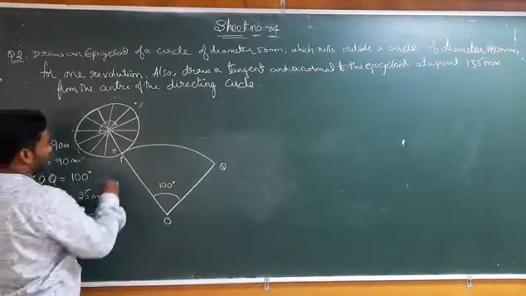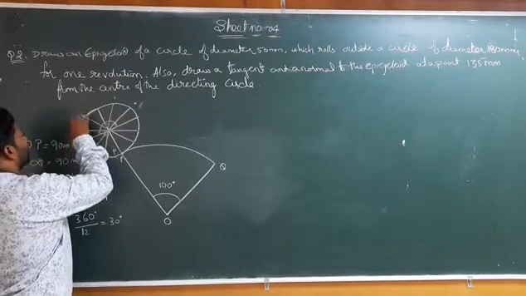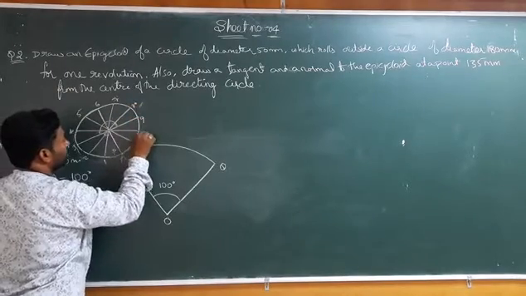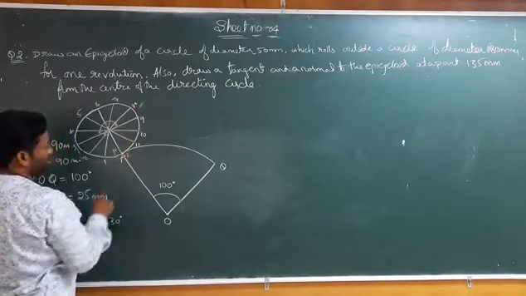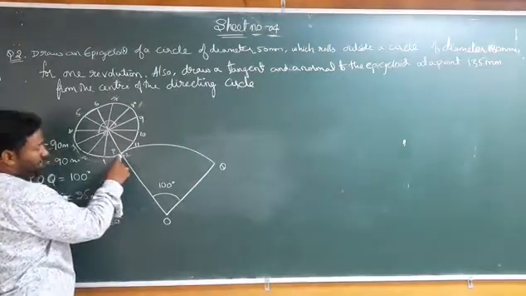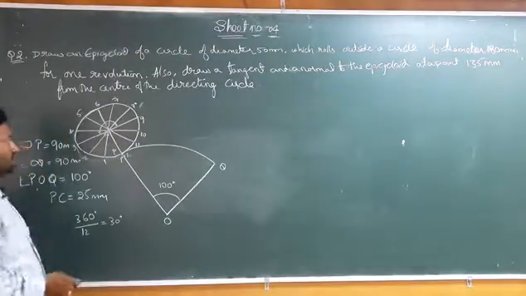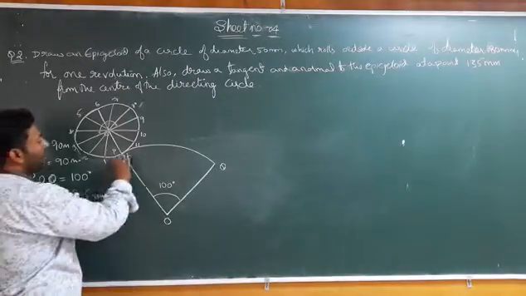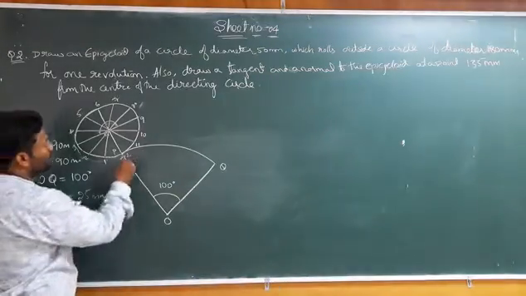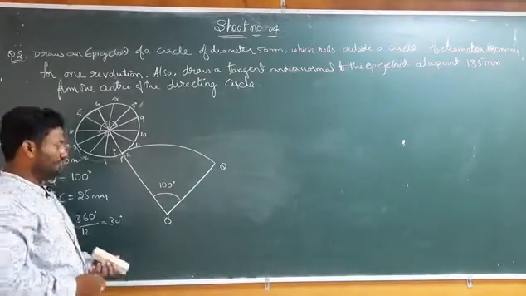Now we have to give the text like 1, 2, 3, 4, 5, 6, 7, 8, 9, 10, 11 and 12. So the starting point of the curve is P. Now, after dividing the circle, we have to divide the angular distance into 12 equal halves. So here, how to divide the angular distance PQ into 12 equal halves?